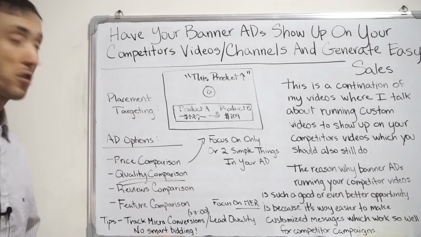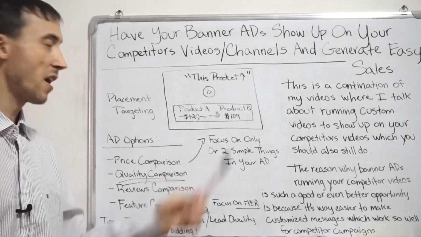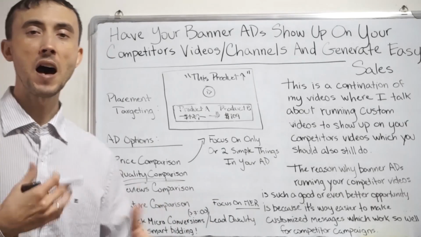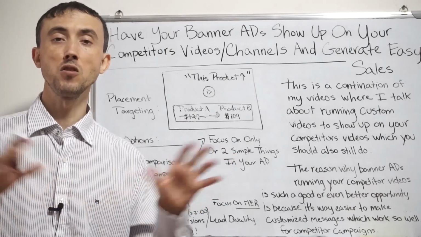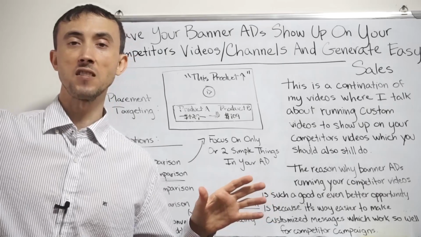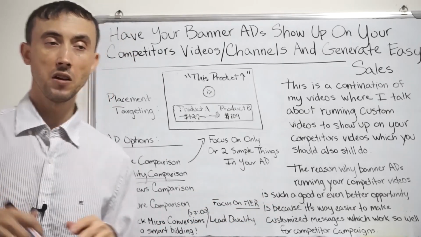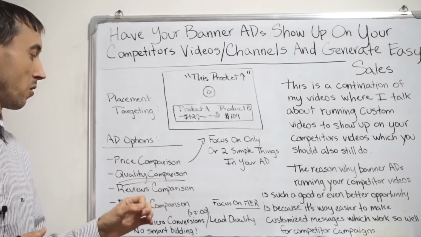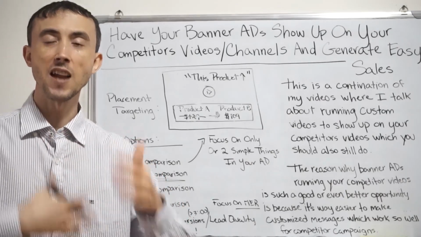So, as far as smart bidding goes, for display campaigns that run these banner ads, typically stay away from smart bidding. Because with smart bidding, going back to the bot thing, there's a lot of bots that click through ads, even on YouTube, though on YouTube it's less than on other websites that Google doesn't own, where your banner ads can run through the Google Display Network. It's still not good. So smart bidding seems to get you a lot of bot traffic,